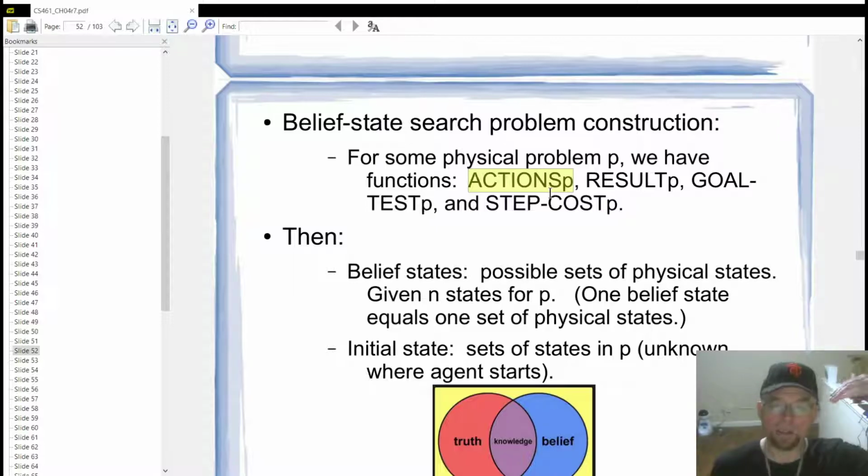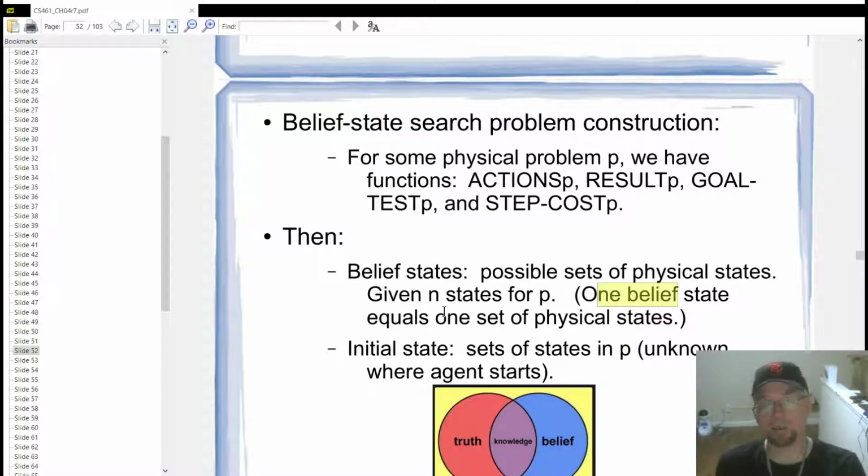So you're going to be doing things in your mind, right? You're going to be executing searches on the belief states, okay? And that's going to be built on top of the actual physical states, okay? You'll do searches in the belief states and then you'll try to run your solutions against the physical states and try to coerce your goal state. Okay, so belief states, that's a possible set of physical states. So if you have n states for P,